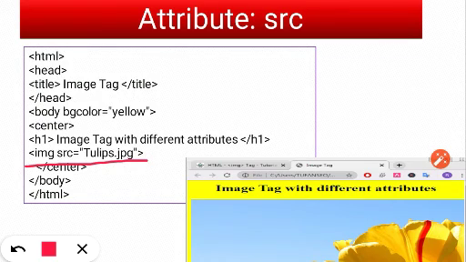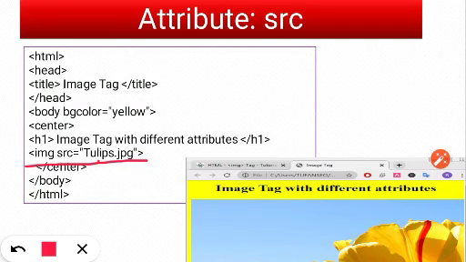Why? Because, just to minimize our work, we can copy whatever image we want to insert in our web page and keep it in the same folder where our HTML file or HTML page has been kept, so that whenever we want to insert that image, we just have to write the name of the image and the extension of that image.